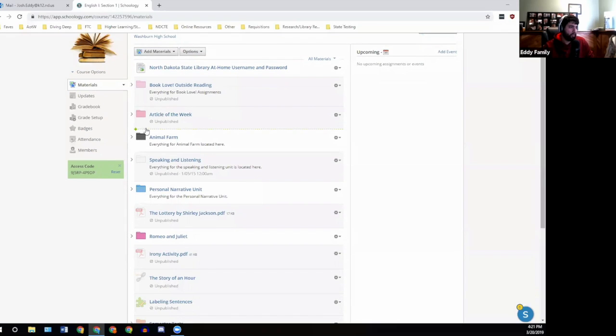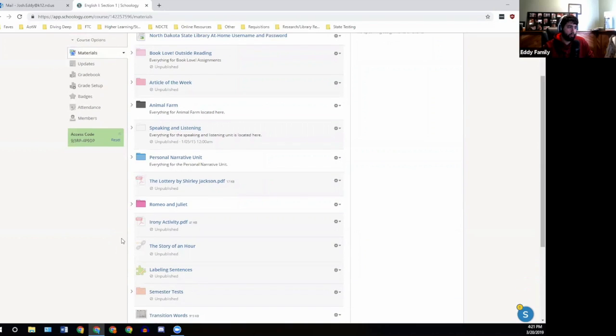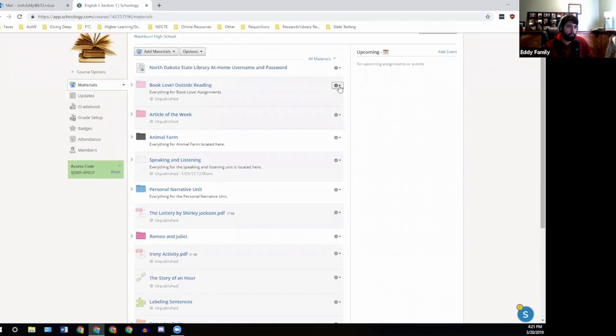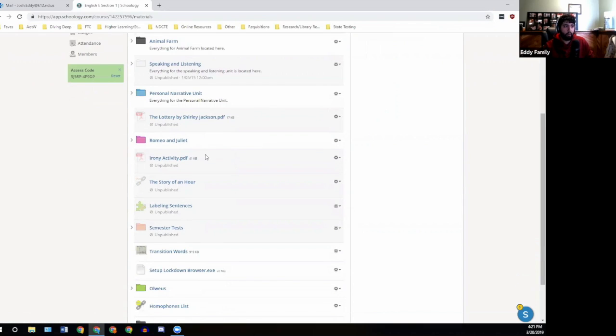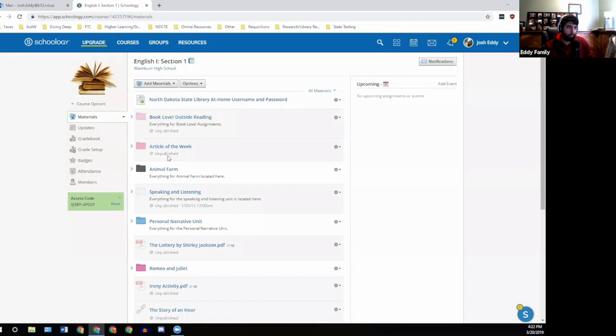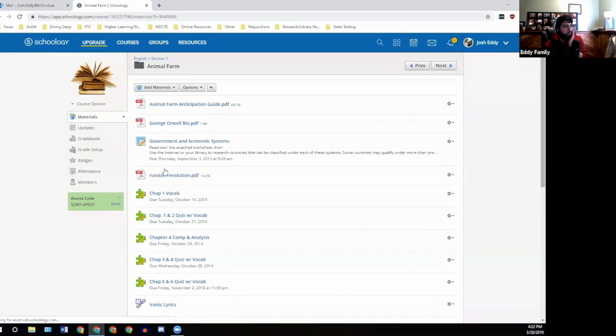I don't know if you can tell, but some of these folders are a little bit brighter than the others, and that's because you can make them published or unpublished. I've got things in here that I don't want them going into quite yet, because we're not there in the school year. So I'll unpublish them, and once we get there, I'll publish them, and they can view whatever's in there. If I go into Animal Farm here, you'll see a variety of things, some worksheets